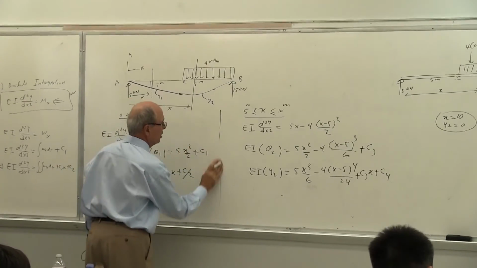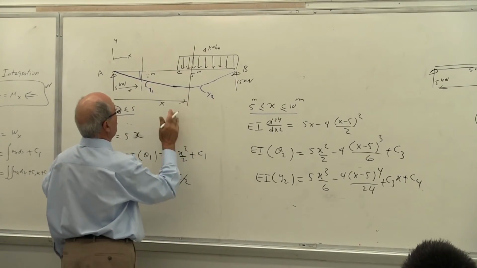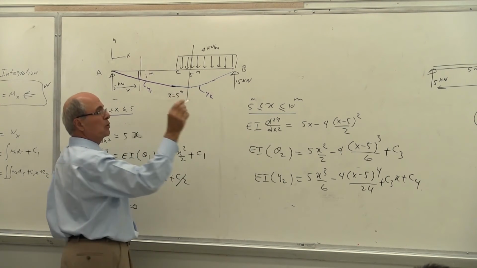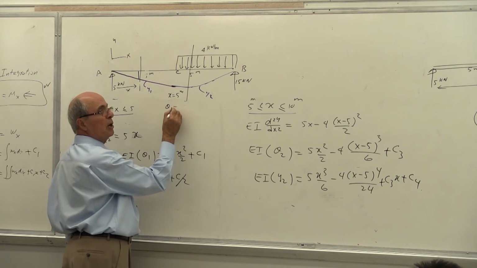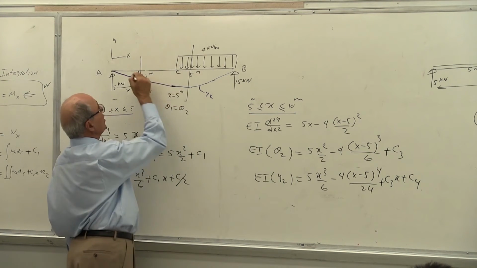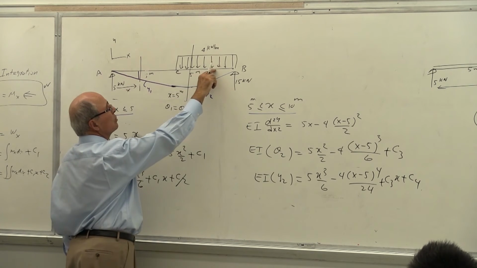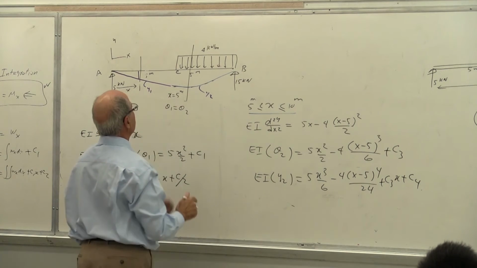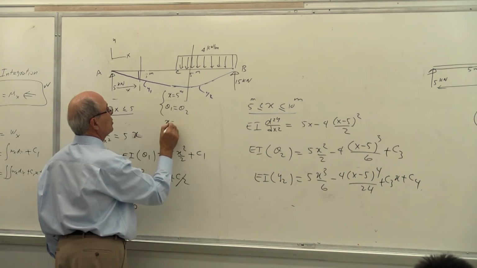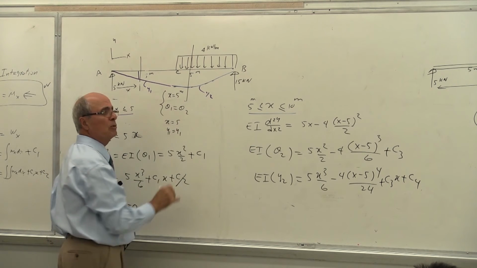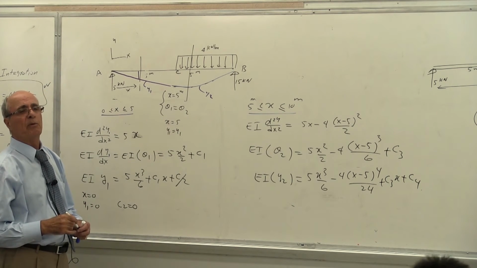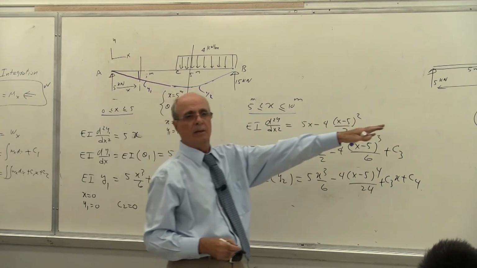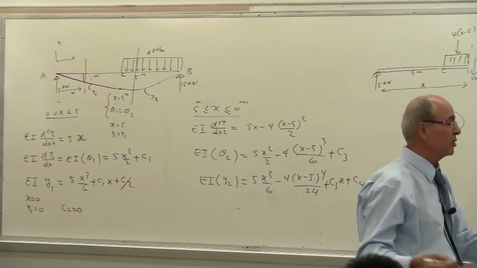Please write it down. This we call the compatibility or connection point. Here you put it at the middle. So here you write at x equal to 5. Peter, absolutely right. You write theta 1 must be equal to theta 2 only at this point, not at any other point. You see, theta 1 here is not equal to theta 2. At this point, theta 1 must be equal to theta 2. That's why we call it a boundary condition. At x equal to 5, obviously y1 must be equal to y2. So how many boundary conditions do I have? 1, 2, 3, and 4. Yes or no? So that's for your 4 constants of integration.